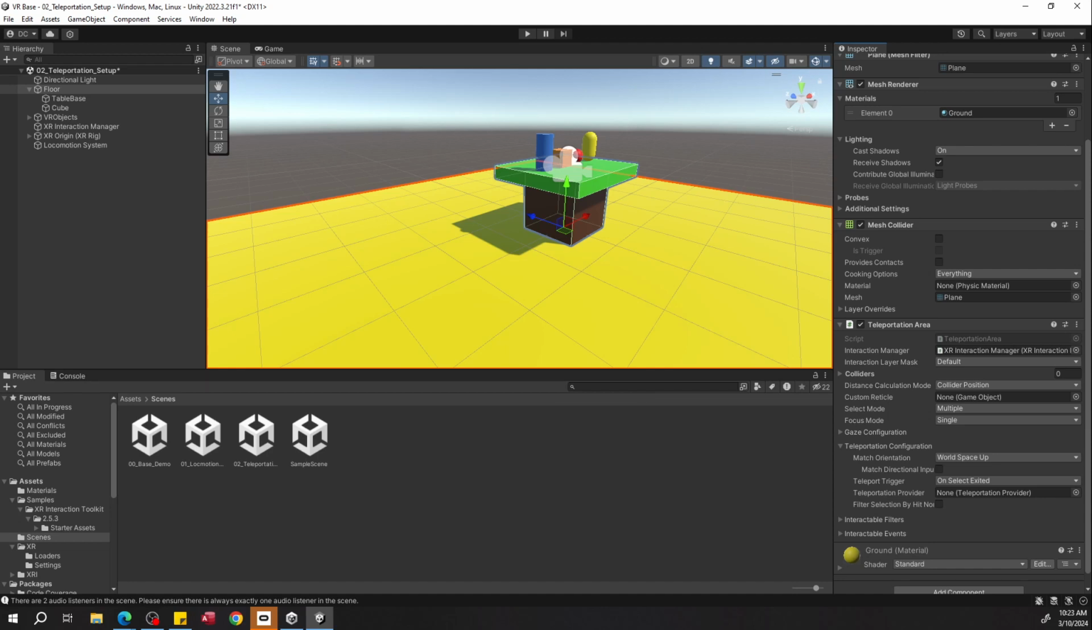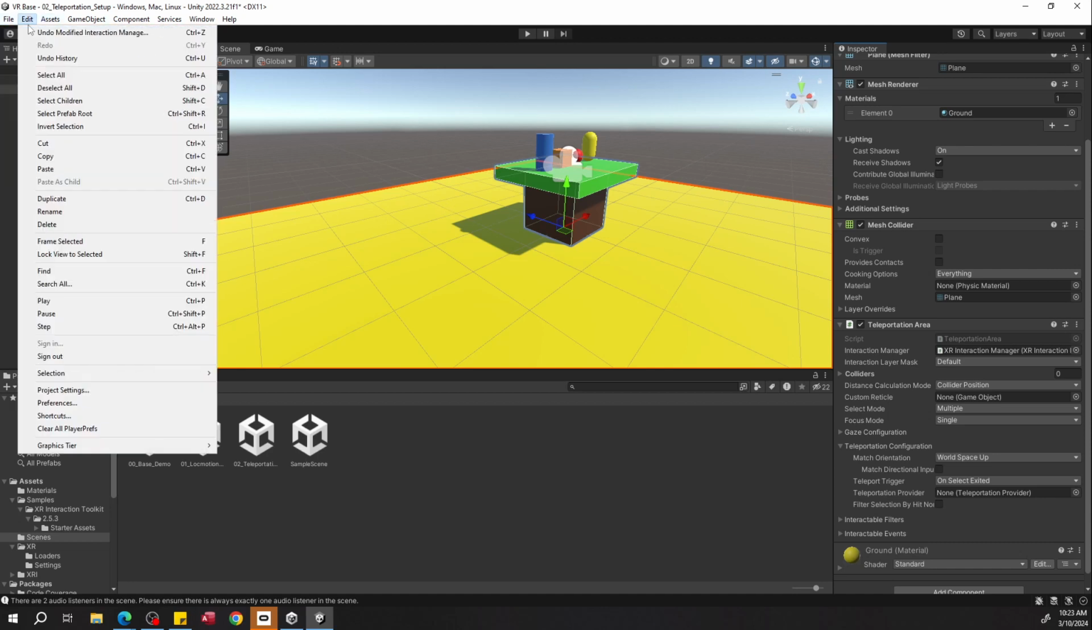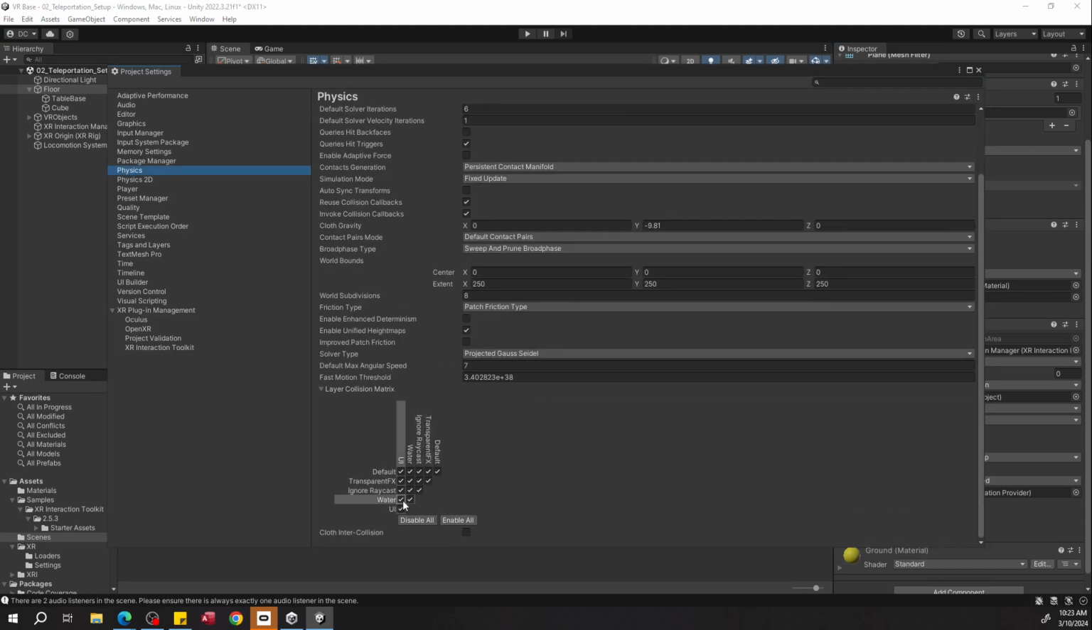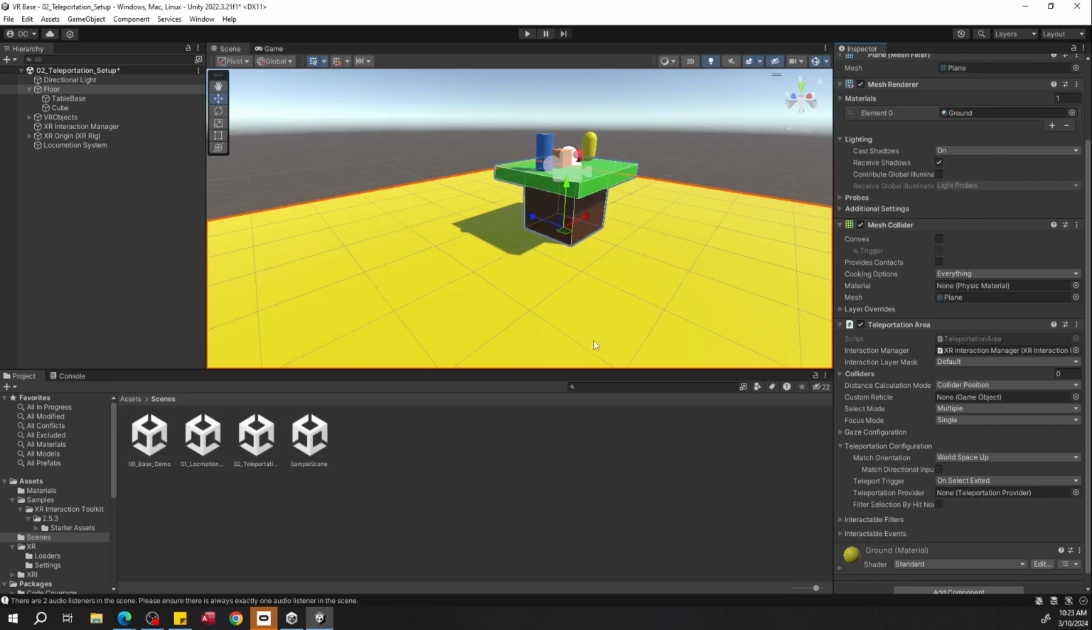Now, in the teleportation area component, we want to designate a specific layer called floor in the interaction mask right here. This will dictate what types of objects you can interact with. So if you've done some Unity projects before and you look in your project settings under edit and you go to physics, you have all of these layers, the layer collision matrix. Maybe you don't want certain objects colliding or interacting with others. You can put them on separate layers and ensure that they don't collide with each other, for example. So this will prevent us from being able to interact with any kind of object on that layer and only specific